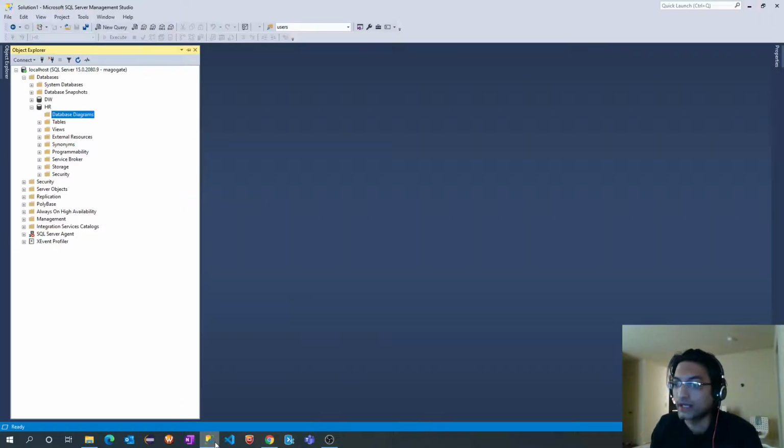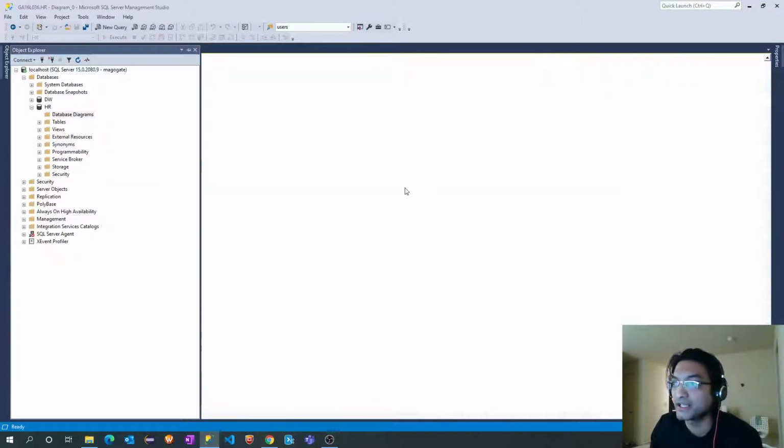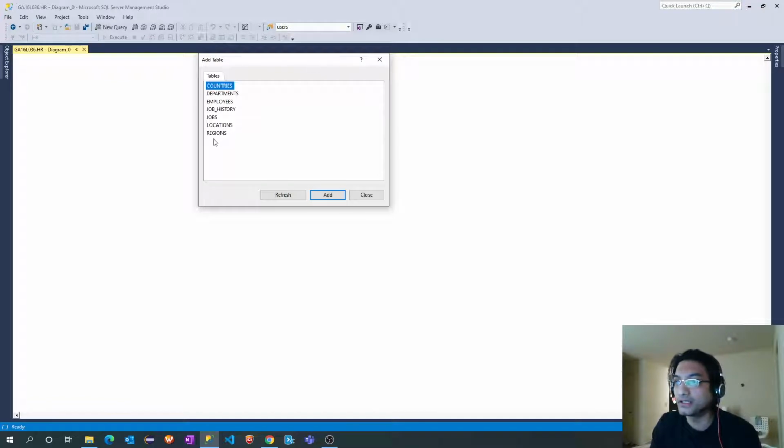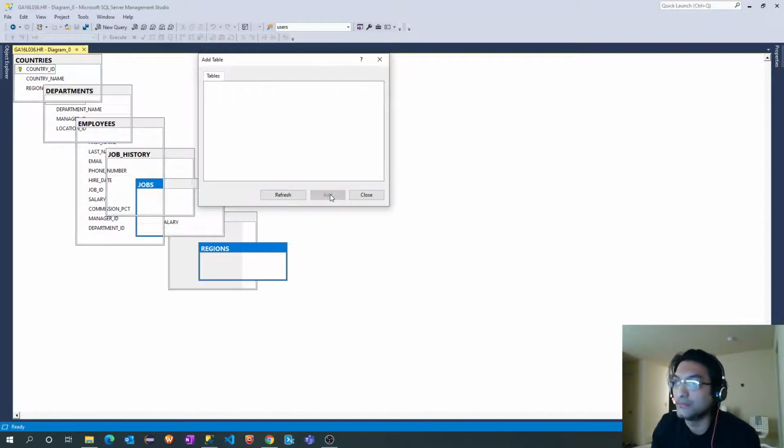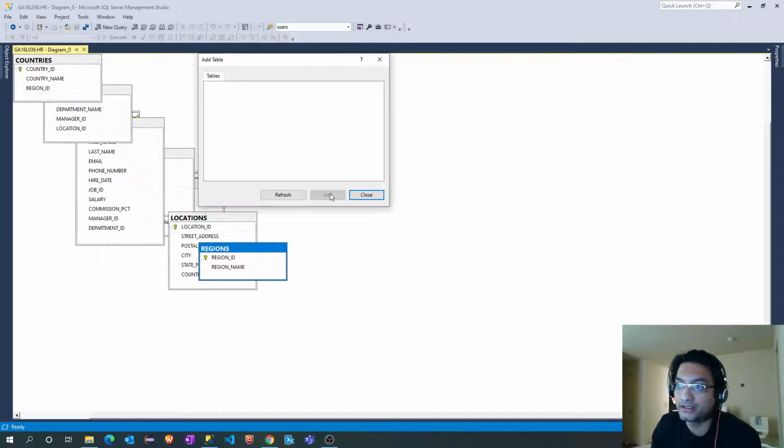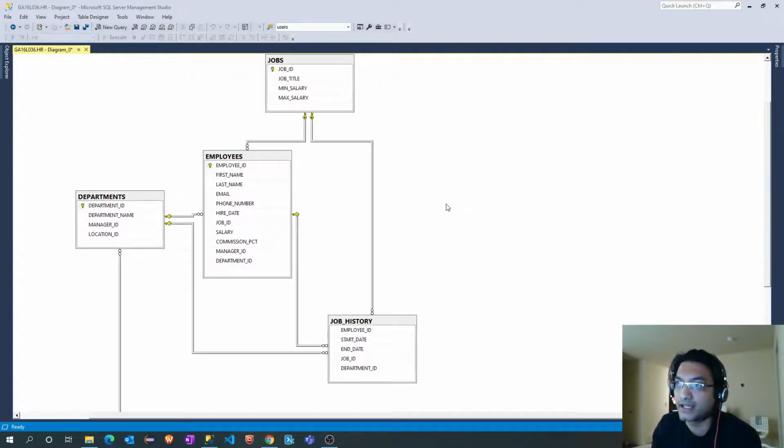So let me go back to our database. As I said, you have the HR database as the OLTP system and the data warehouse database. Let's first understand what our HR database is. I'm clicking on new database diagram and selecting all the tables available. Based on foreign key relationships, SSMS has created the diagram.